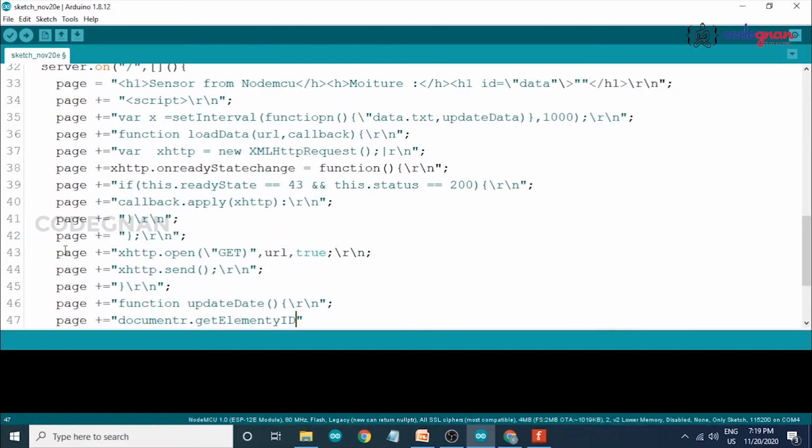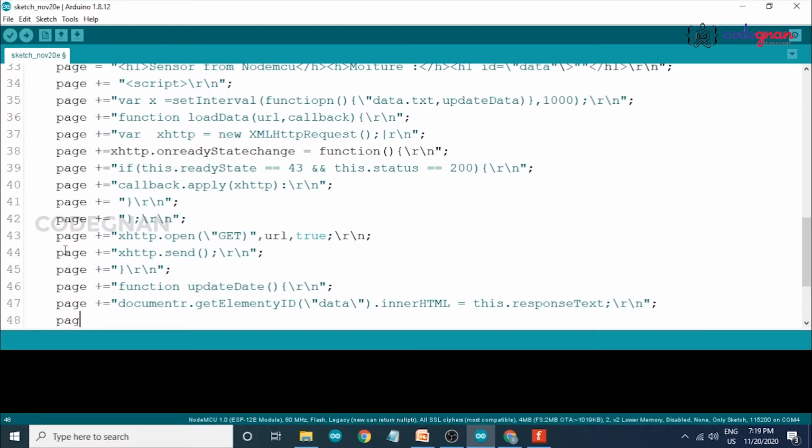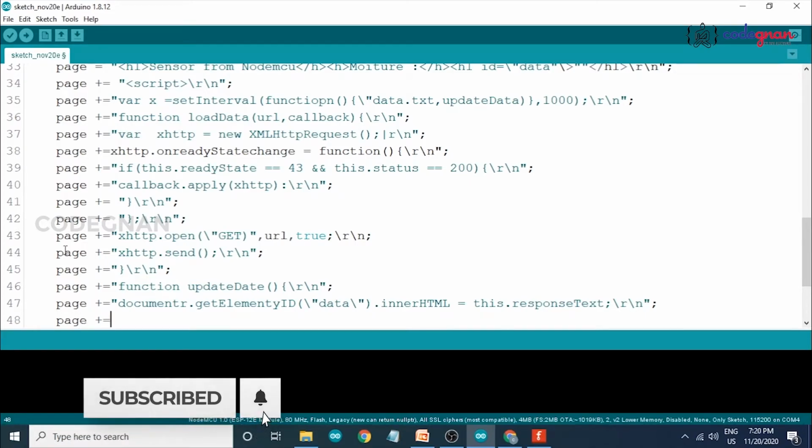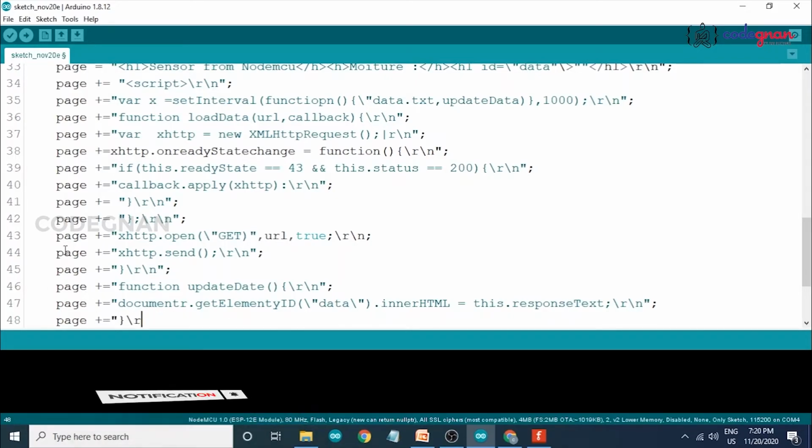So we are giving our data's id, slash data, dot innerHTML equals to this.responseText, then \n. Page plus equals to, then \n.